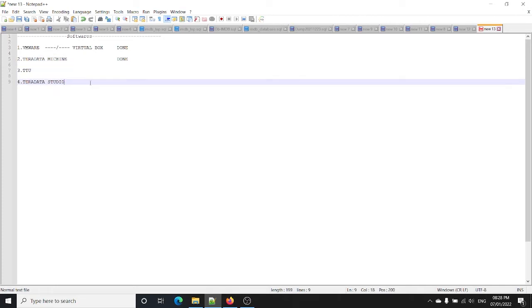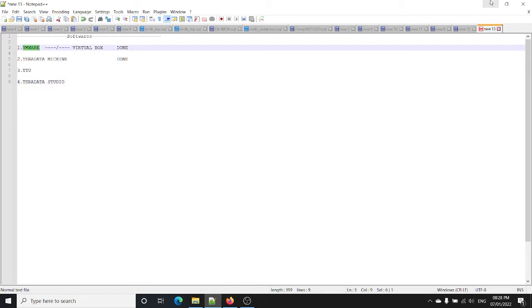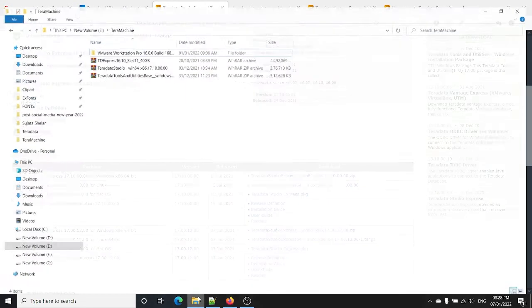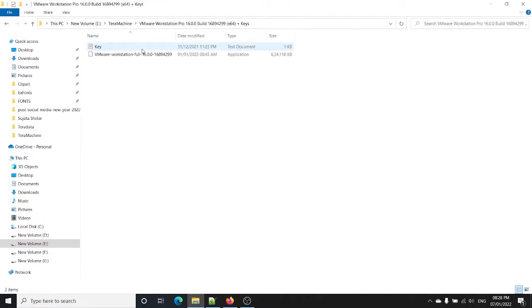So the first thing we have to do is install VMware. So let's start with the installation of VMware. So what we will do is we will go inside it. Actually my VMware is Workstation Pro, and Workstation Pro requires a license as well. So what I will do is I will install this VMware. If you don't have VMware Workstation, you can go with VMware Player as well. That's absolutely fine.